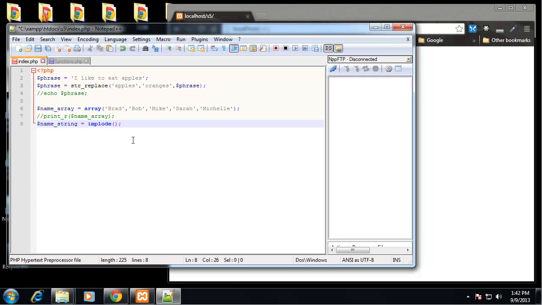Now when we implode an array, it takes two parameters. The first one is what we want to separate each value with. We need to put this in quotes, and let's just say we want them separated with a comma. The next parameter is the array, in this case name array. Now if we come down and echo out name string,